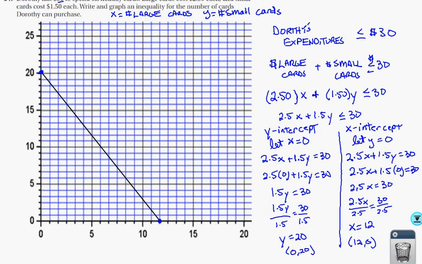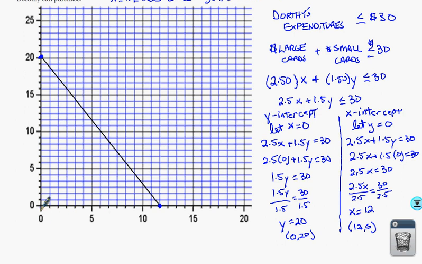So finally, the last thing we need to do is do a test point. So again, a good test point is 0, 0. So if I take the inequality, 2.5x plus 1.5y less than or equal to 30, and I substitute the values of 0 in for both x and y,